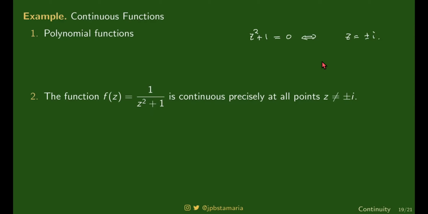Now, there is just one thing that I'd like to mention about this example, kaya ako yan pinakita. What is that? Ganito. Kasi yung real counterpart nito, ano yung real counterpart? Yung real counterpart nito, yung function na f of x equals 1 over x squared plus 1. If you recall from elementary calculus, this is continuous everywhere in the real number line.